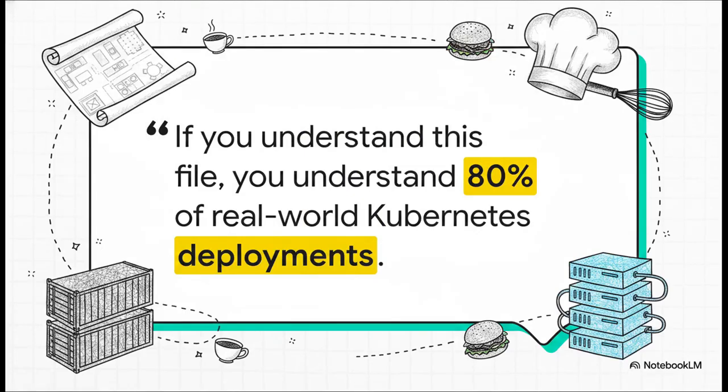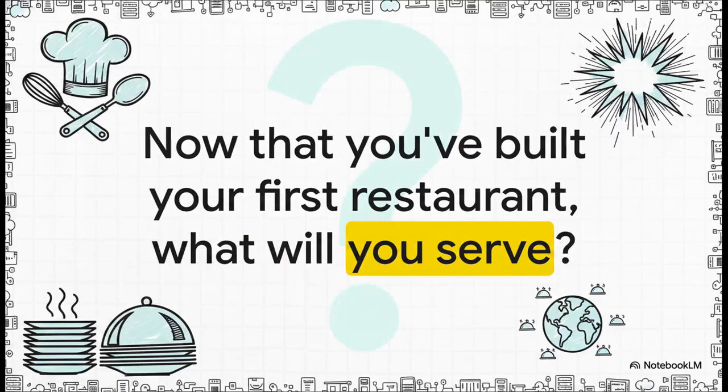And you know what the best part is? This restaurant blueprint we just built, it's not some simplified toy example. If you get this analogy, you genuinely understand about 80% of how huge real-world apps are deployed on Kubernetes right now. The concepts are exactly the same. So you've just walked through how to design a system that's strong, that can scale up and down on its own, and can even heal itself. You have the core concepts down. So really, the only question left is,